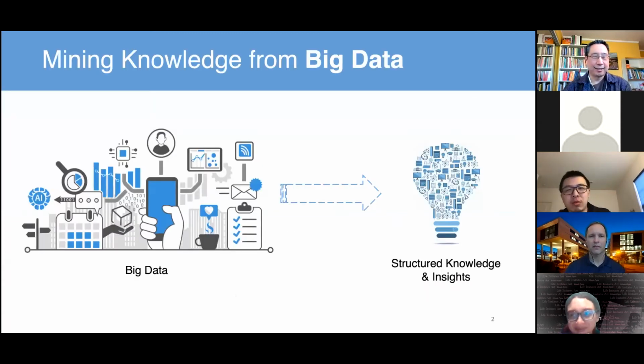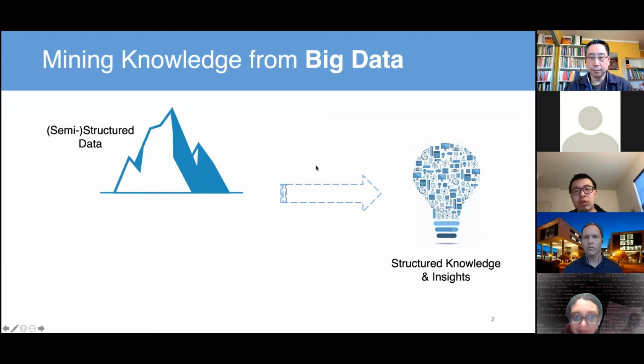As we all know, we are now in the big data era, and every second we are generating tons of data. For example, if you are here in this talk, we're generating data in the forms of audio, video, picture, and text. So it is very important to analyze and understand such big data and then organize them into some structured knowledge and insights. This goal has been pursued by generations of data mining researchers, and there are many data mining methods focusing on extracting insights and knowledge from structured or semi-structured data. This type of data includes networks, graphs, charts, tables.